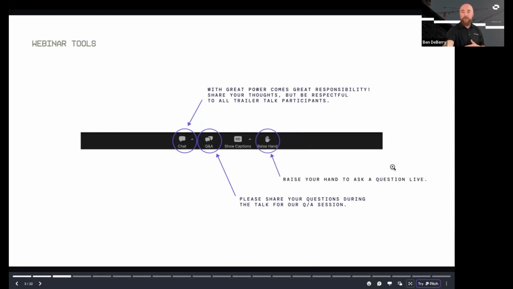Now, when it comes to how we want to respect this space, we do leave it open to you to have conversations with us through the chat, to ask questions through the Q&A, or you can even raise your hand and we'll do our best to answer those questions live while we're in the presentation. Everybody did an excellent job last time of being respectful of each other and respectful of this time we have together. We ask that you continue that. We are all here. We are all on the same team, trying to build something that's going to help improve the construction industry and how we schedule and plan. So we're excited to have you be a part of that.